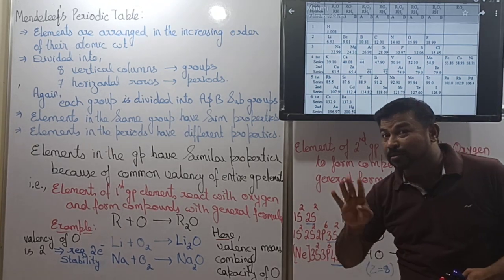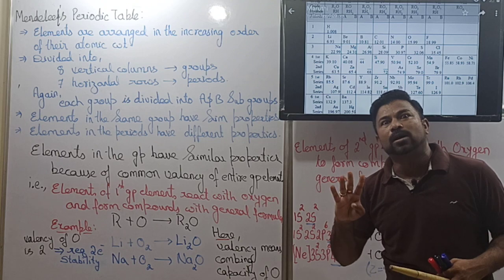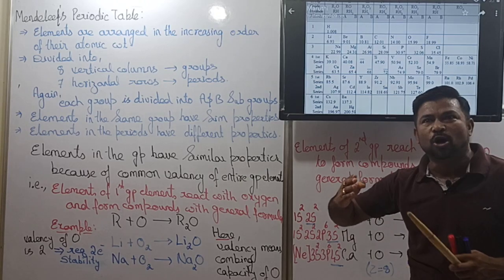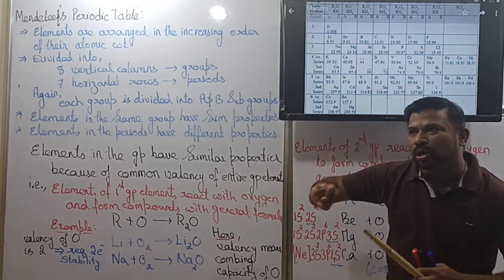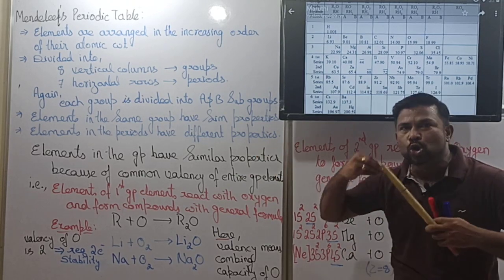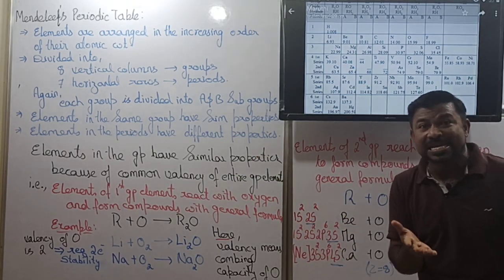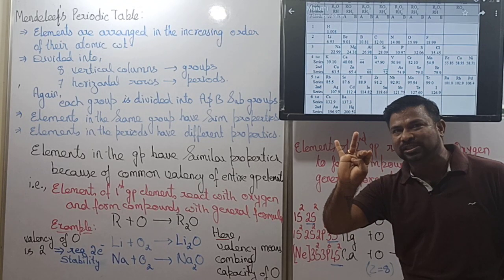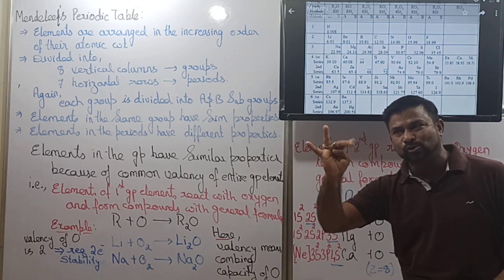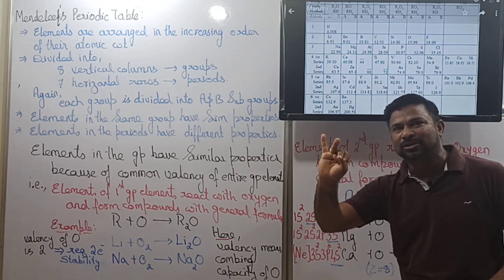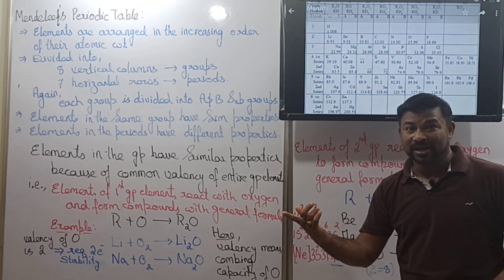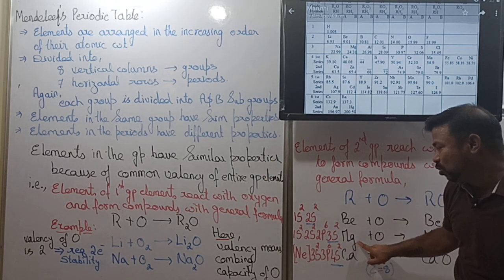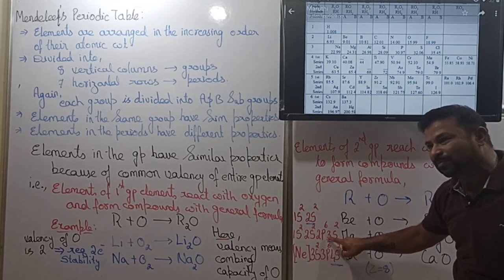Now if you imagine, what about beryllium? Beryllium, atomic number 4, has 2 extra electrons in the outermost orbital. It likes to release or lose them and become stable like helium, right? It wants to lose the 2 electrons and become a stable electronic configuration like helium. So 2s2 is the outermost shell. If you go to magnesium, the outermost shell is 3s2.